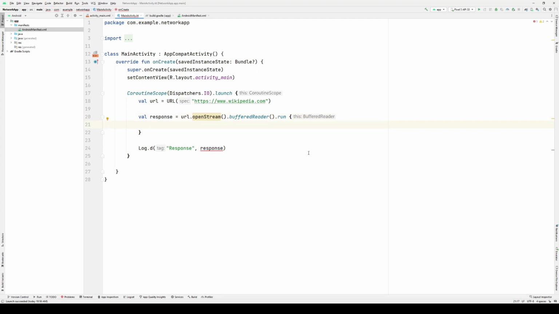So we could do something like this. We could start by defining a string builder. A string builder is the preferred way to build a long string from a series of smaller strings. So I could build a string builder object, and then I'll do a loop, and I will say that while readline